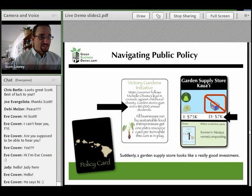You also have to navigate public policy. So there's a deck, aside from the random event deck, there's actually a policy deck, and the policy cards stay in play for a number of rounds, as they should. And so in this particular public policy card, the state governor follows Michelle Obama's lead in the crusade against childhood obesity and garden stores gain an extra $10,000 in annual dividends. So all of a sudden now a garden store looks like a wonderful investment because you're